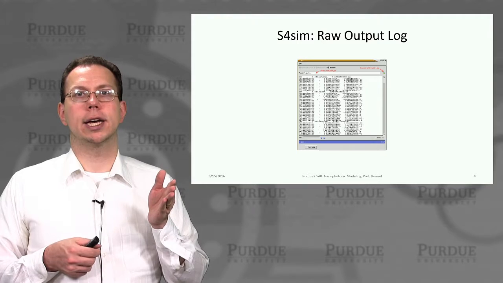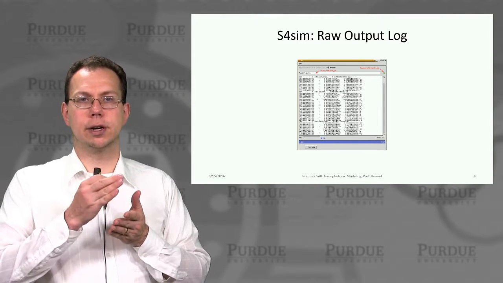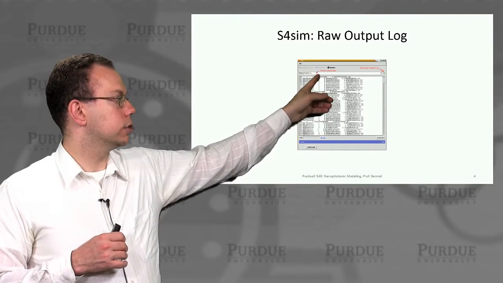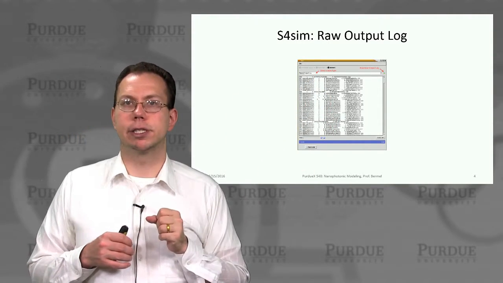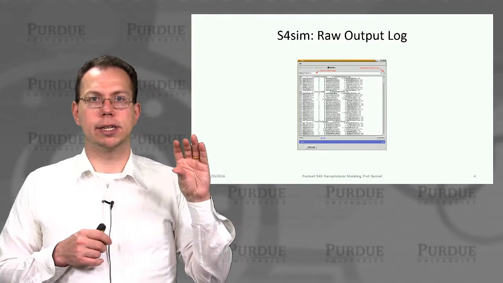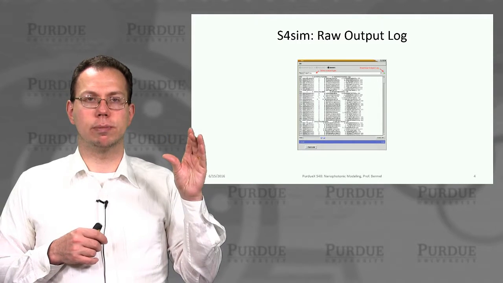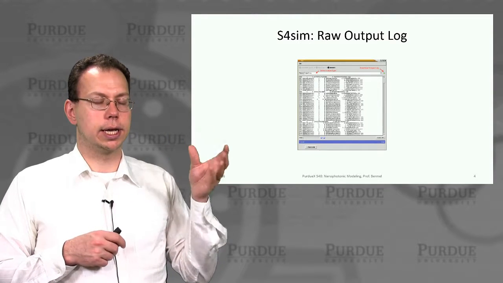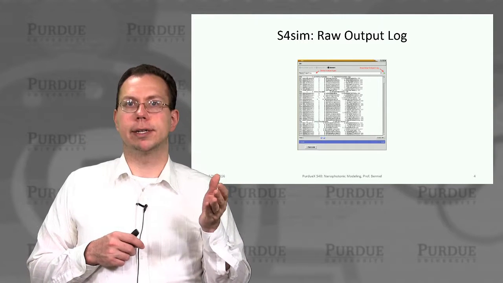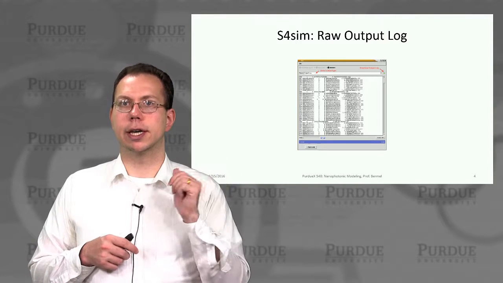Another thing that may be of interest to some users is that we actually get a whole bunch of raw output, which we can select using this drop-down box at the top of the output screen. This raw output data is basically the log file of what S4 produces when we run it. And so this raw data may be useful if you need to replot the data or otherwise process it in your own software, like say MATLAB.